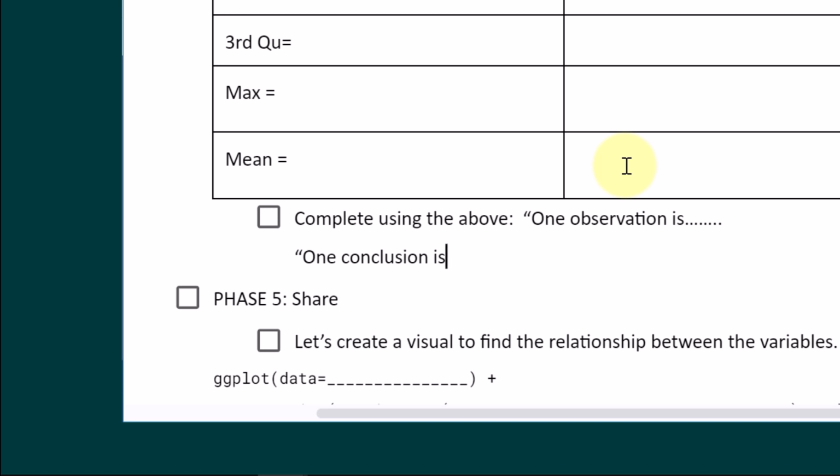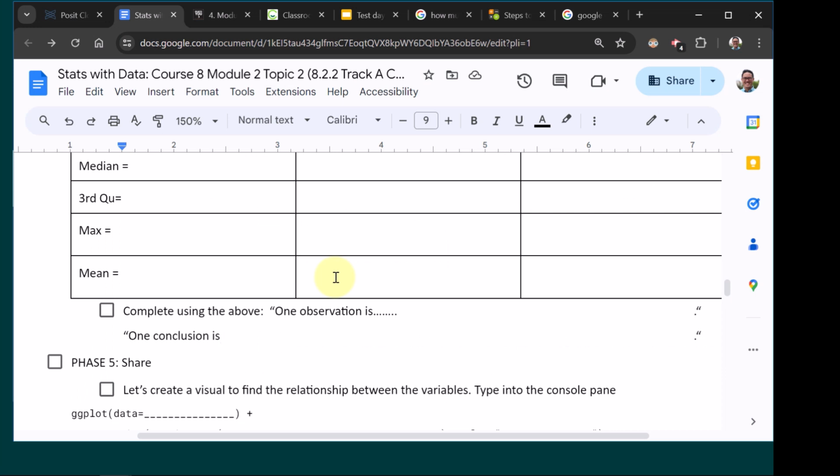Kathy, can you make a conclusion for us, please? I concluded that the calories burned in the third quarter is less than twice the amount of calories burned in the first quarter. So you're saying first quartile is half. You said half? Double? Of third quartile. Okay, great.